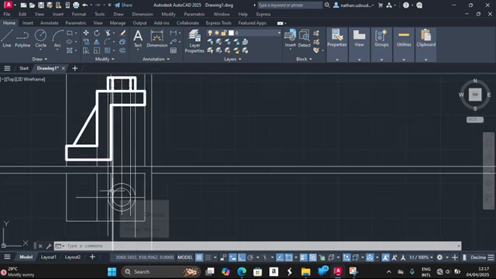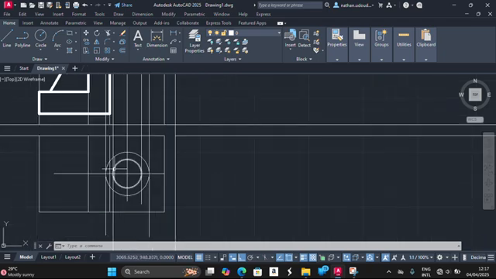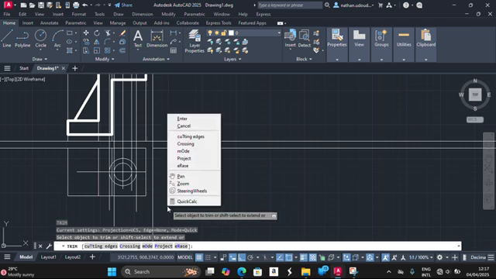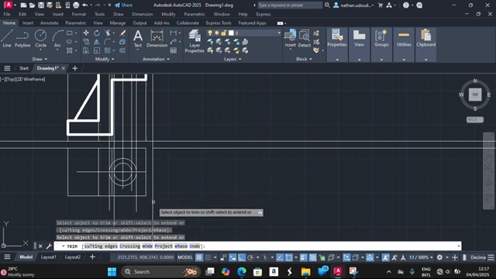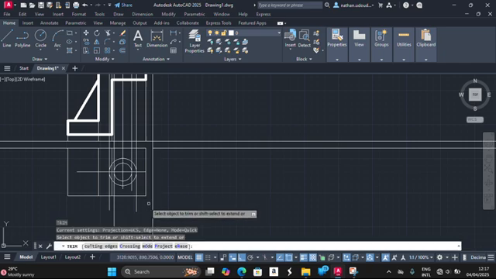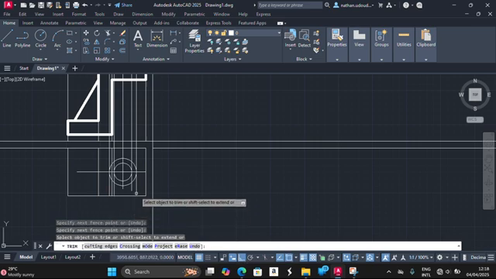Okay, so now the plan is looking a bit rough, so you can just take your clean command, TR, enter. TR, enter, TR, enter. So now you left click here, you also left click here, you can left click here. So to make it neat, you trim up all these unwanted lines. So after you're done with that,